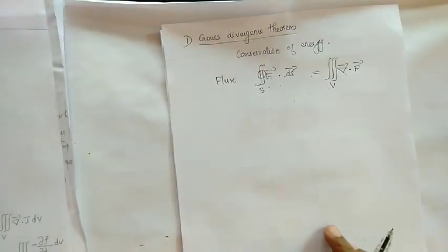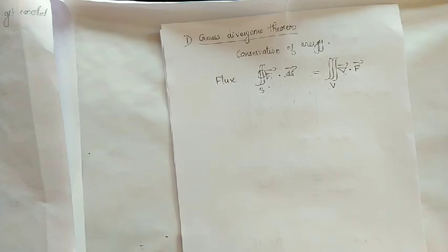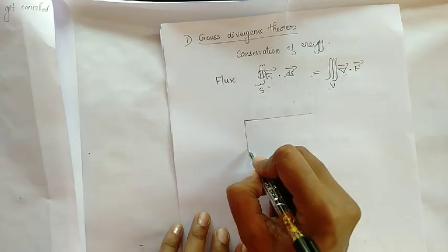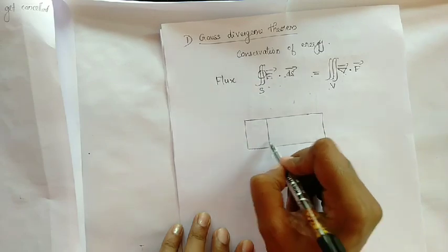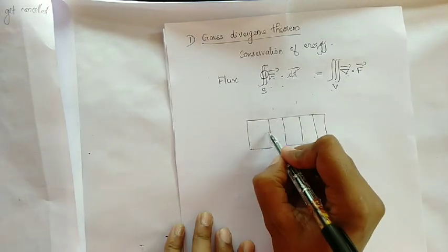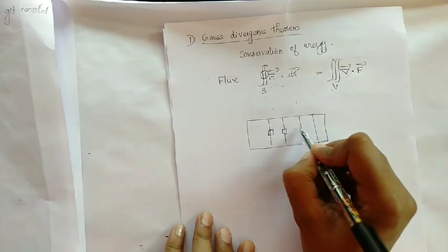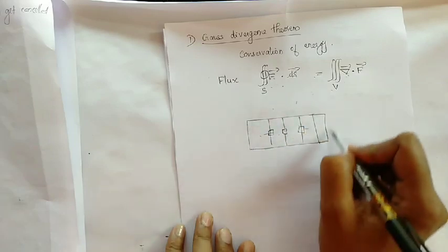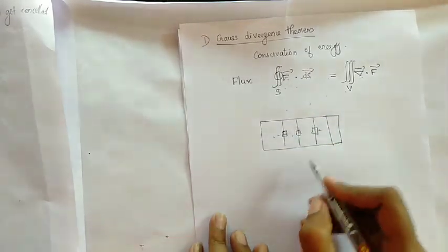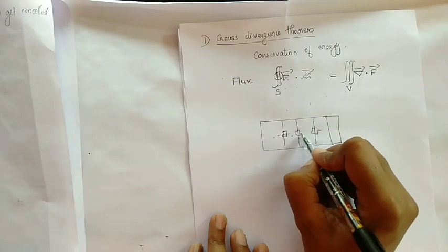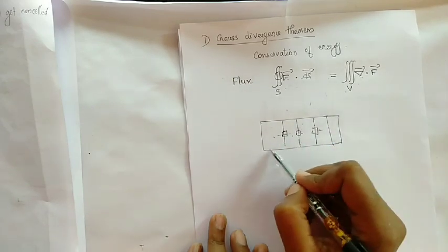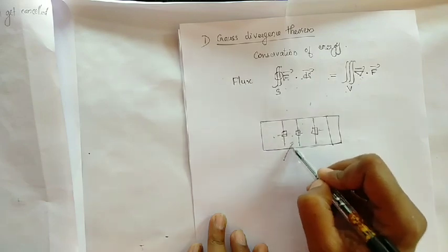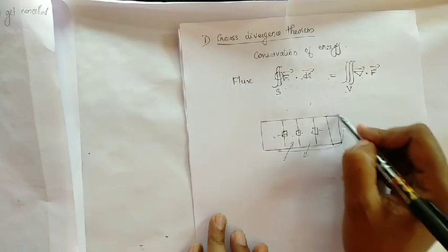What is the physical meaning of this? Simply, we can explain it by an example. Suppose there is a train bogie consisting of different compartments. In between the compartments there are doors. One can move from one compartment to another through these doors. But how many people are there inside this bogie? It will not change, unless someone goes into or out of this bogie through its surface, isn't it?